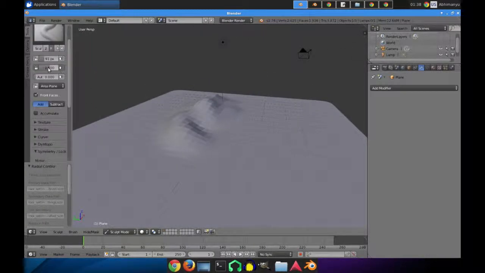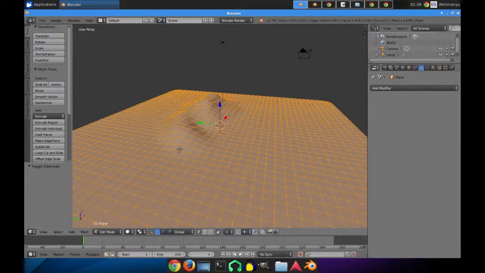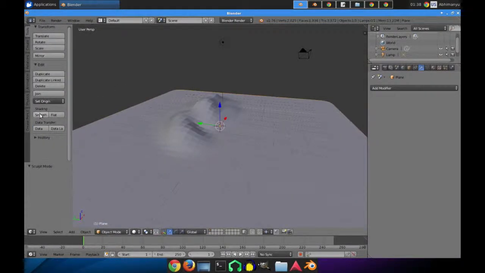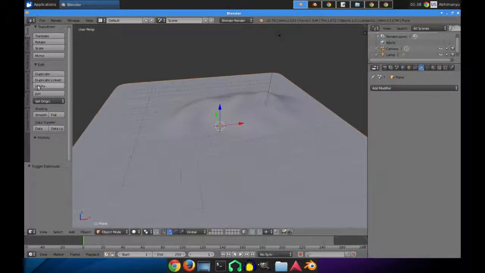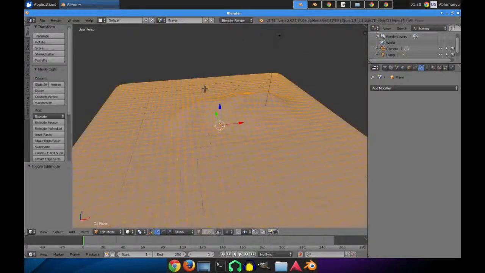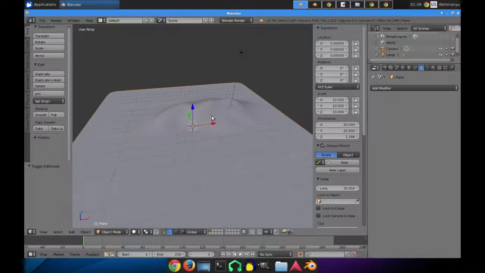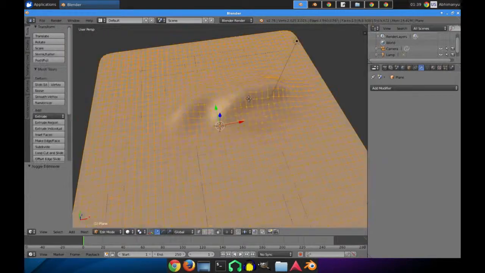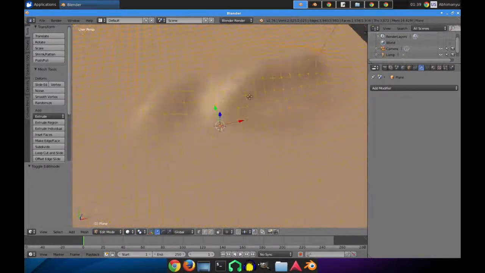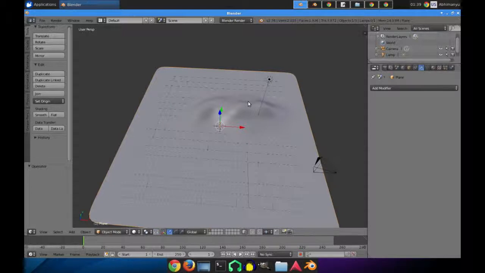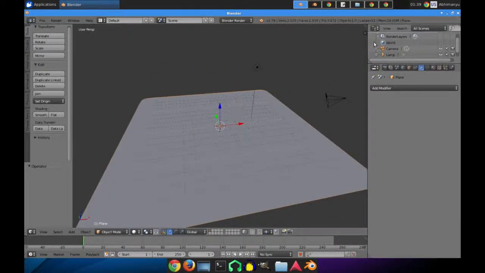Just go to tools, just go to object mode and set smooth as shading. Now again, okay, apply rotation and scale for the best sculpting effects. Okay, now before this, I apply the rotation and scale